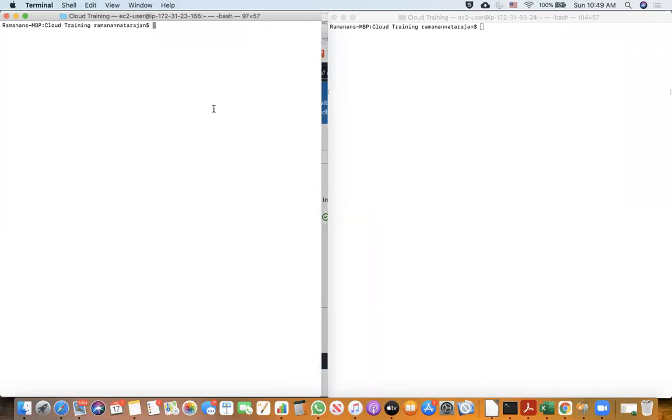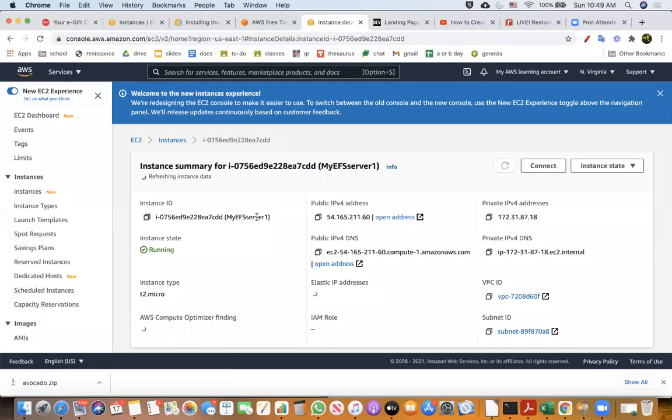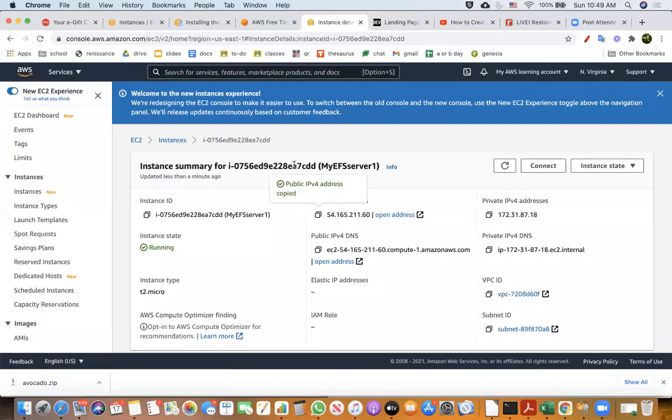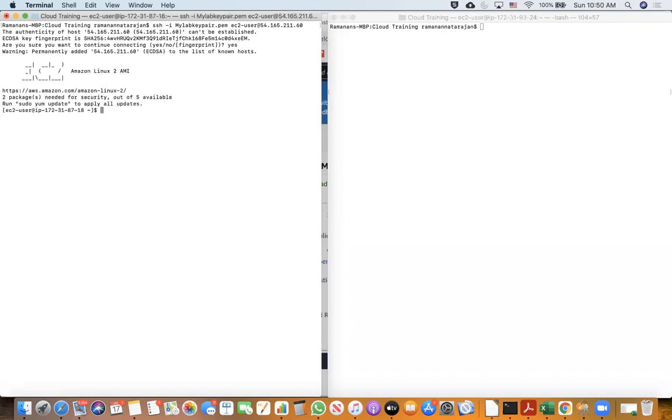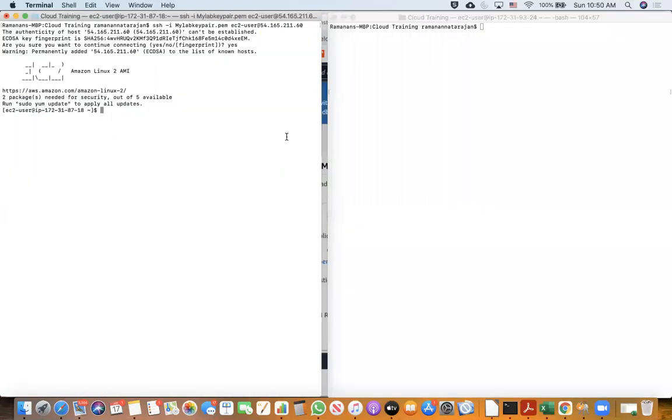So as you can see, now I'm not logged into either of the servers. Now both the servers are up and running. I'm going to log into the first server. Okay. So the first server, I am logged in, 172.31.87.18. Okay.